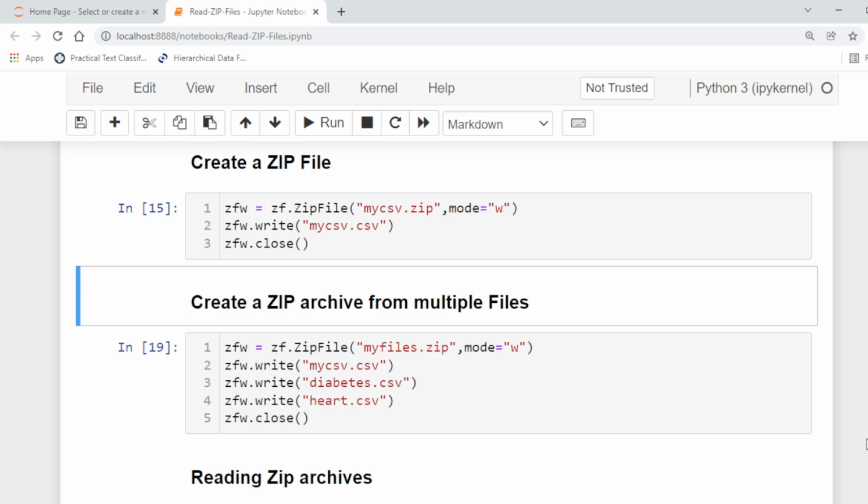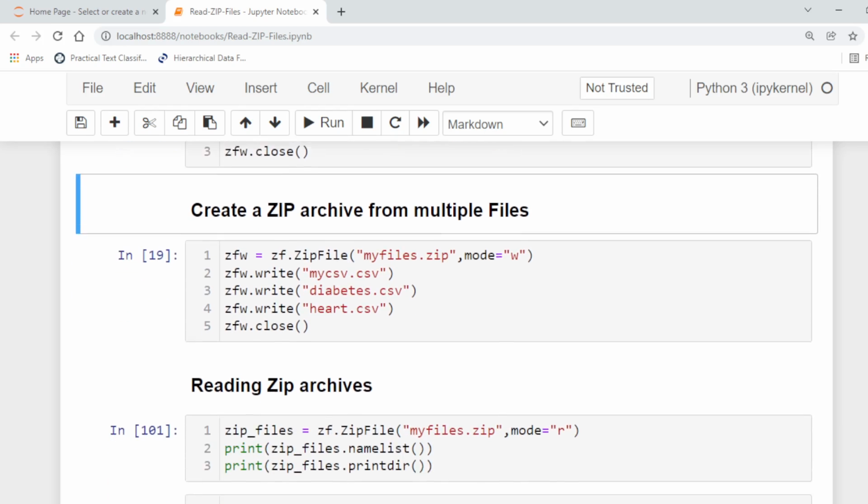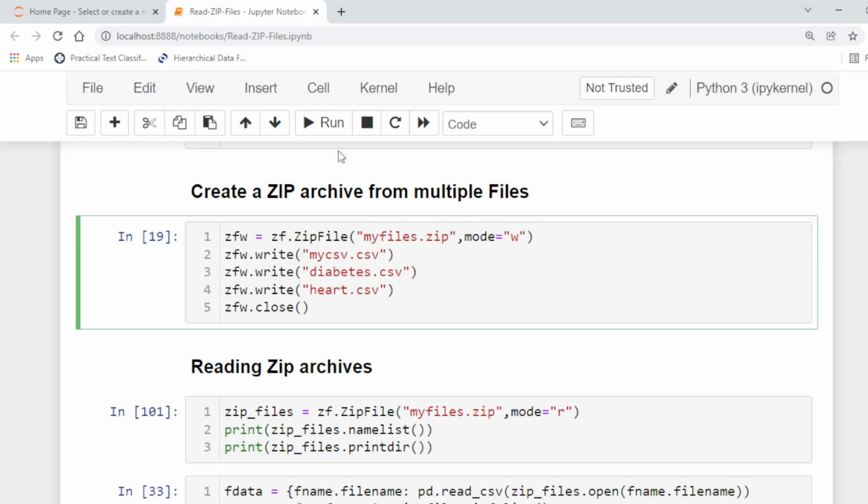To create an archive for multiple files, we can also create a zip archive in which we can store multiple files. So here we are creating myfiles.zip, and then we write mycsv, diabetes, and heart, so we are going to write 3 files to this.